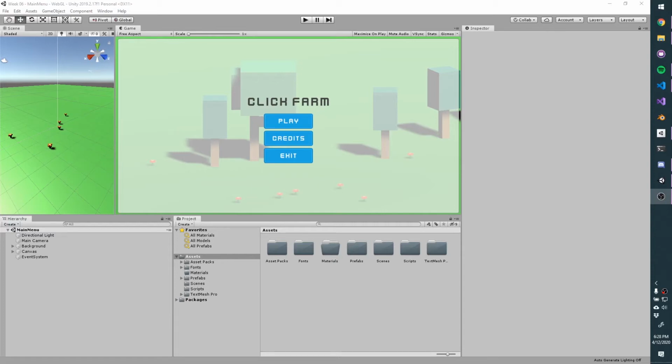In this video, I want to show you how to build a WebGL build of your Unity game so that you can host your game on a platform like itch.io or host it on your personal website, and someone can instantly, after loading the page, be able to play your game, which is really great from the standpoint of sharing your game. No one has to download and install anything to play your game, and also great from the portfolio